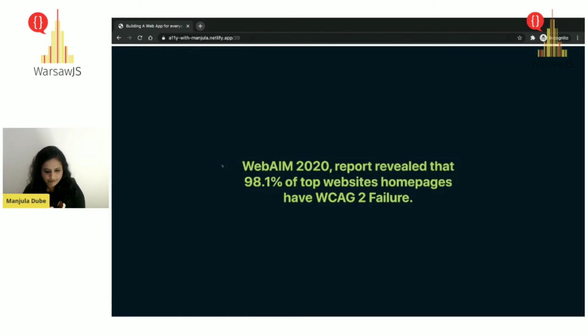To give you a bit of a report, Web Accessibility in Mind 2020 did a random research. They took the top few websites, monitored them, and did the audit, and they found that 98.1% of all the top websites' homepages have WCAG failures, which is quite a big number.